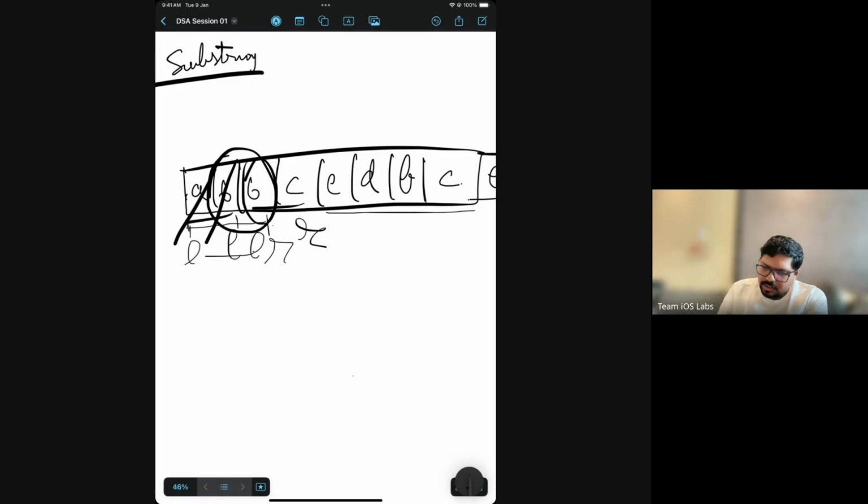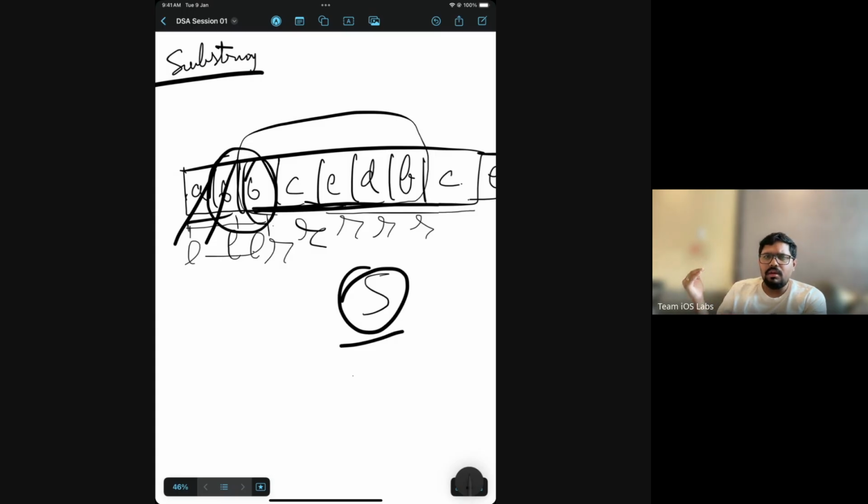Now if you consider BC, it's fine, it's non-repeating. Then move ahead, E, it's still fine, BCE, then D again fine, and then F. Till this, it's fine. Every time you move, you update the max length you find so far. If you start with AB, your max length at that time is 2. But now the count is 5, our maximum non-repeating substring length.